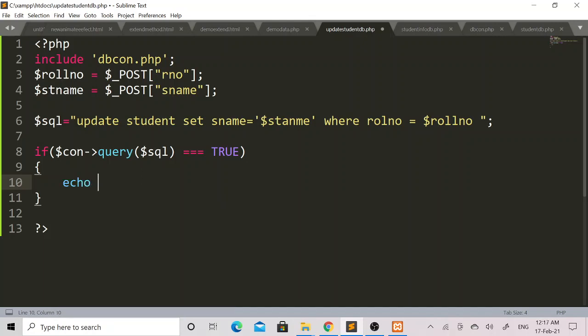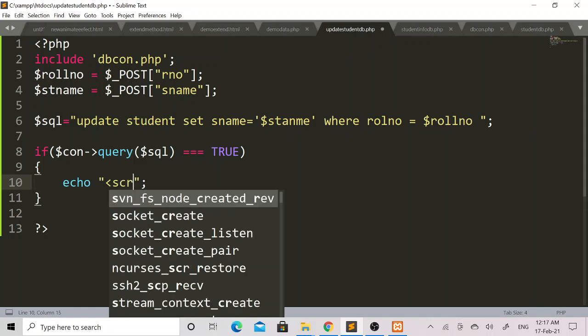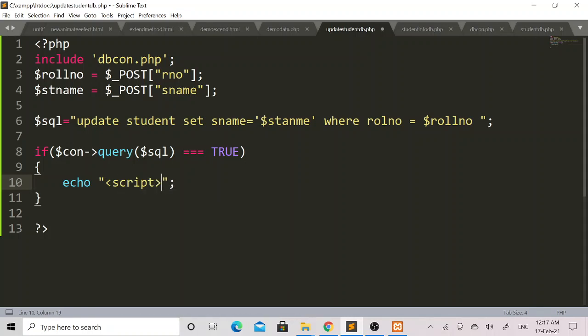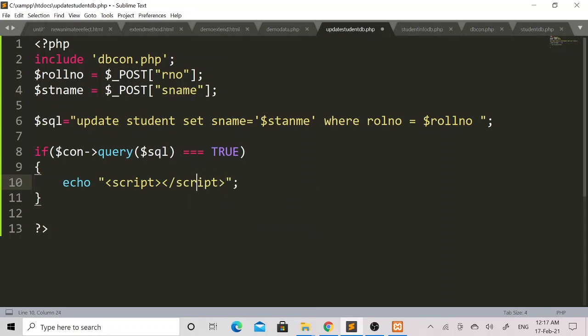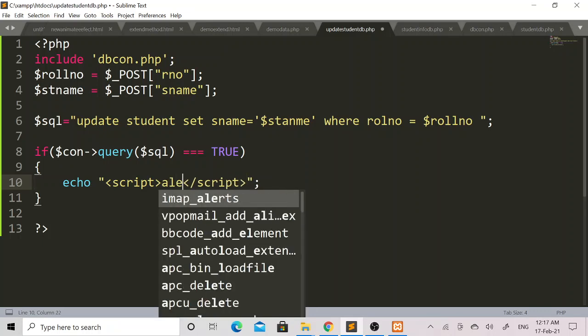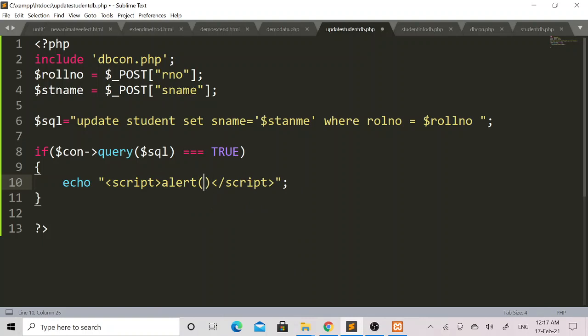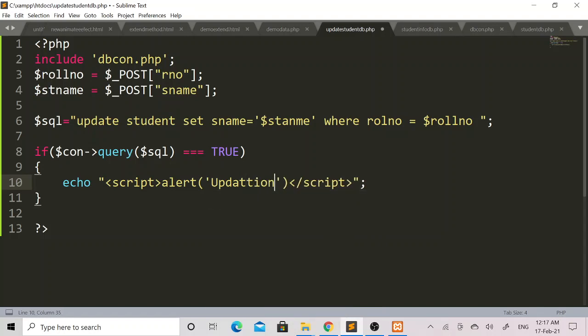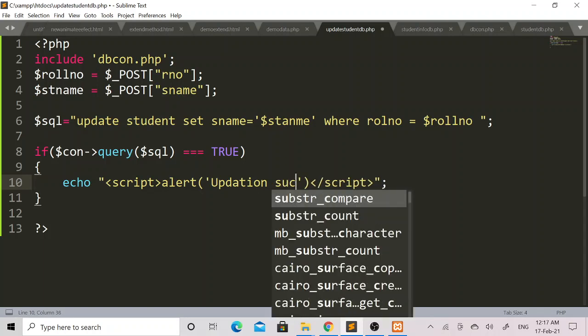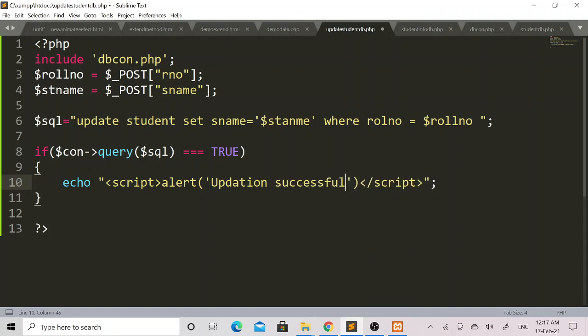To do that I will mention the echo keyword, within double quote I will add first a script tag, then I will close this script tag, then here I will call the alert JavaScript function, and within single quote I will write the message: updation successful.